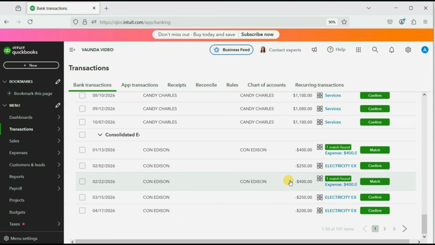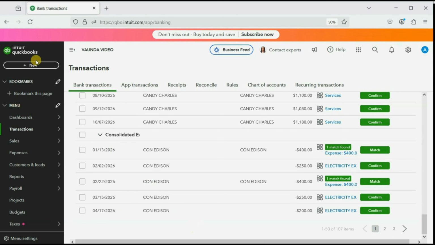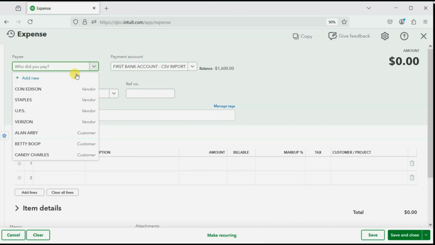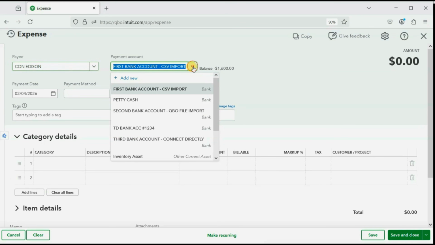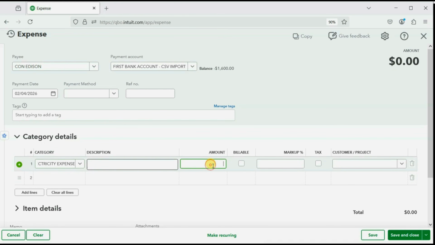But remember, in this particular instance, we only recorded one transaction for $400, and it gave us two different suggestions. What if there were two transactions that we entered for $400? That means there would be two potential matches. So to really get this, let's enter one more potential match really quickly, and then we'll open up the suggested match and see what happens. So again, we'll click New, Expense, February 4th of 2026, again Con Edison, again from the first bank account, again electricity expense, and again